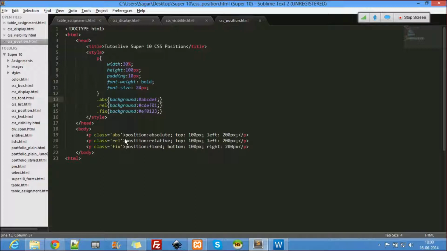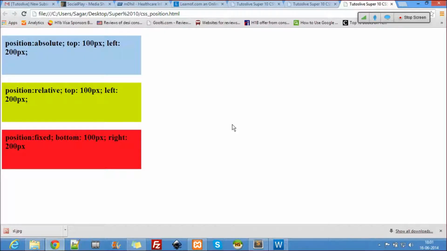So coming here, the first one is absolute, right? So I just copy this and paste it here. The next, let's first see absolute there. Let's go one by one.